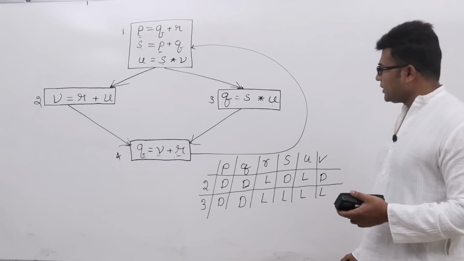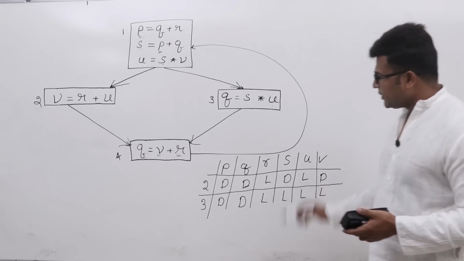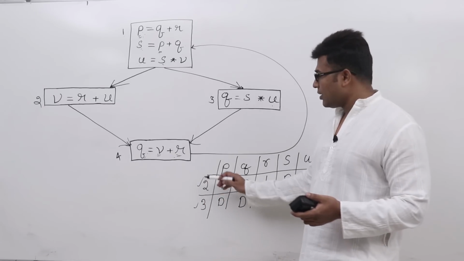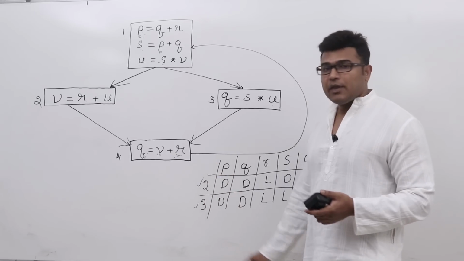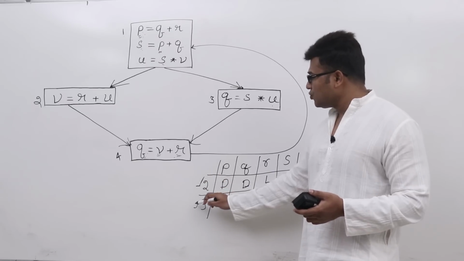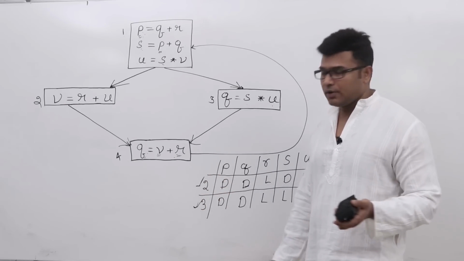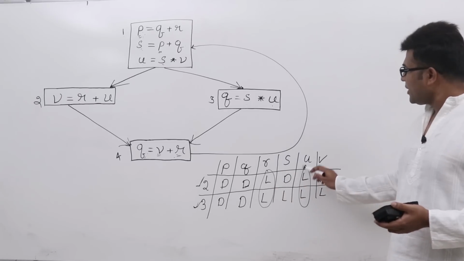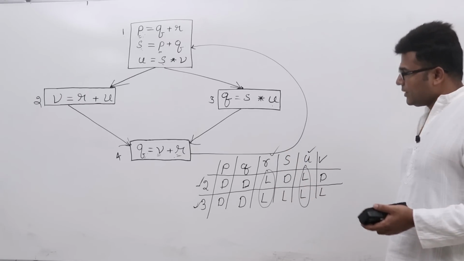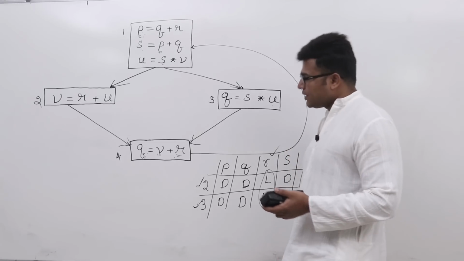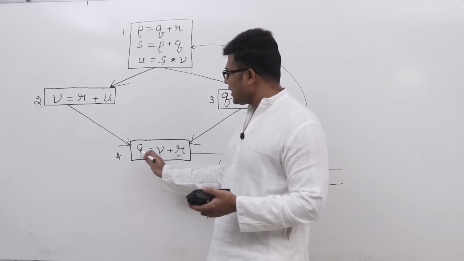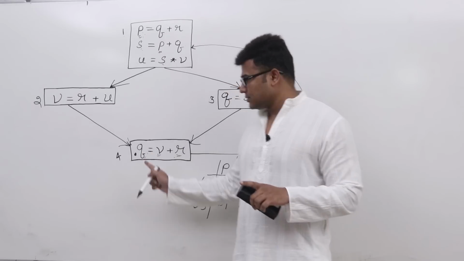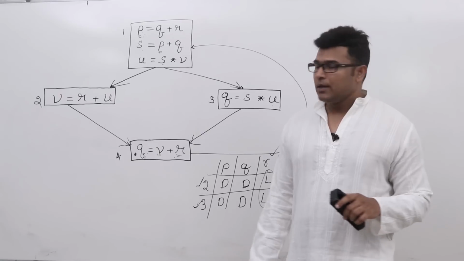If you observe, the question is, what are the variables that are live both in 2 and 3? They are not asking before or after. They are directly asking inside 2 and 3. That is the question. Therefore the answer is these two, R and U. So whenever they ask what variables are live at a statement, you do the analysis which we did right now.